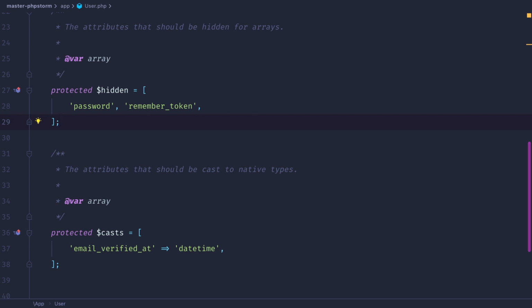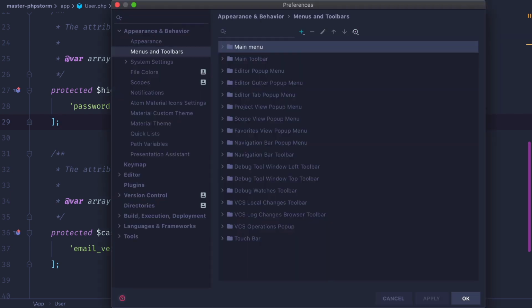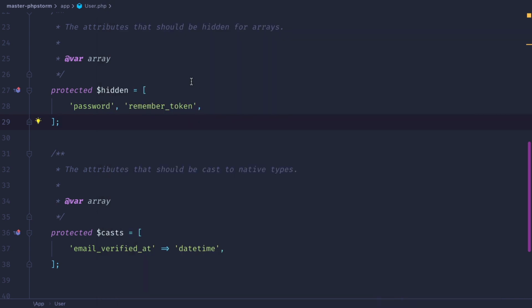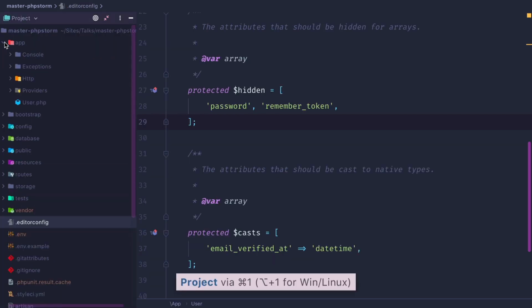So now let's talk about shortcuts. Inside our settings, we have a section for all these shortcuts under key map. Here you can find all the shortcuts available, and there are tons of them. And it's really important that you start looking at those and also modify them to your needs so that you can use them easily. So for example, for navigating, I'm using them all the time, like using the sidebar,